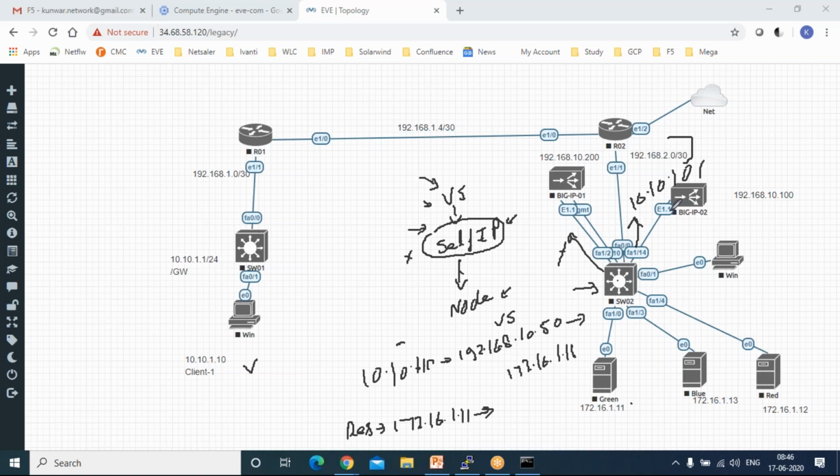So whatever connection is initiated by the client lands on the BIG-IP, your F5, and then F5 creates another session with the self IP. One by one. I didn't understand this. Okay. So if we don't have a self IP,